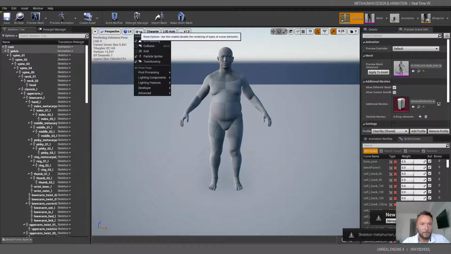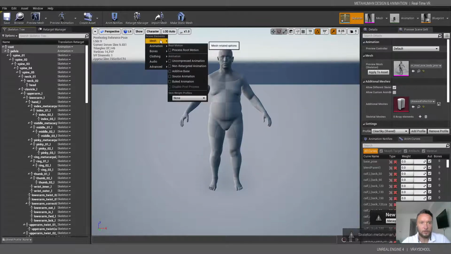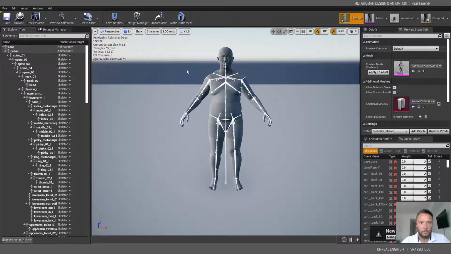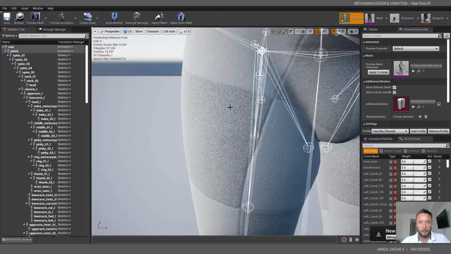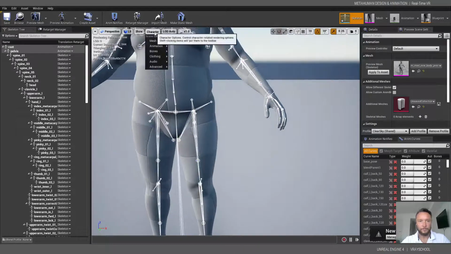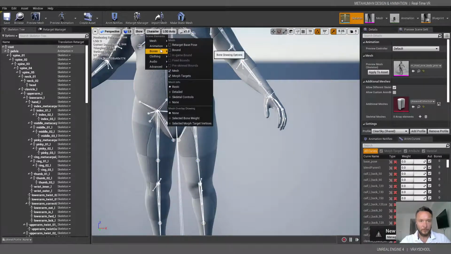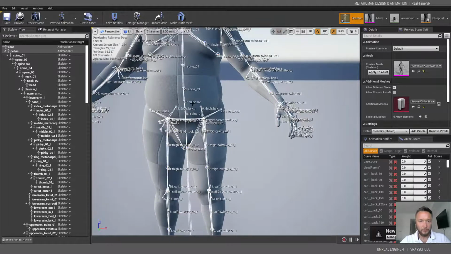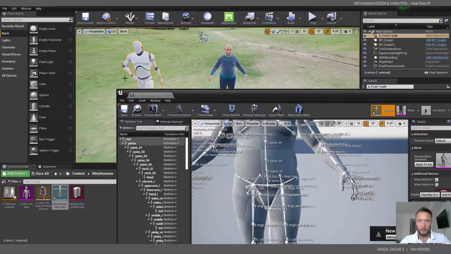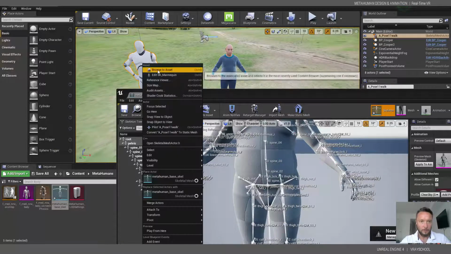Okay, now if we do show here bones, all hierarchy, we can see the hierarchy of the bones. And here we do show names. So if we look at the name, we can see that 0, 1 is low, and then 2, 3, and 4 in our spine. Okay, and if we take a look in our guy here,